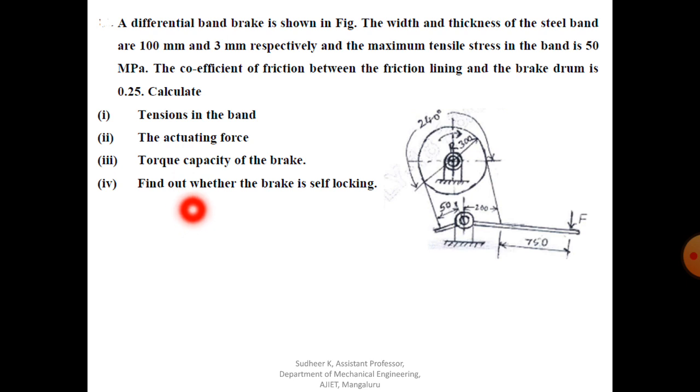So this problem is again with respect to a band brake, in that a differential one. Whatever the construction of the brake, that will be different. For the differential band brake, you can refer to figure F in your data book, from page number 270. In that, two equations are there: one for clockwise rotation, that is 13.19e, and for counterclockwise rotation you have to refer to 13.19f.